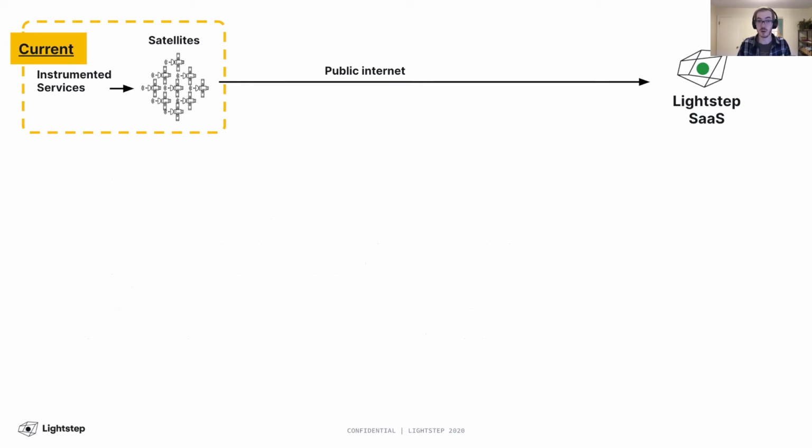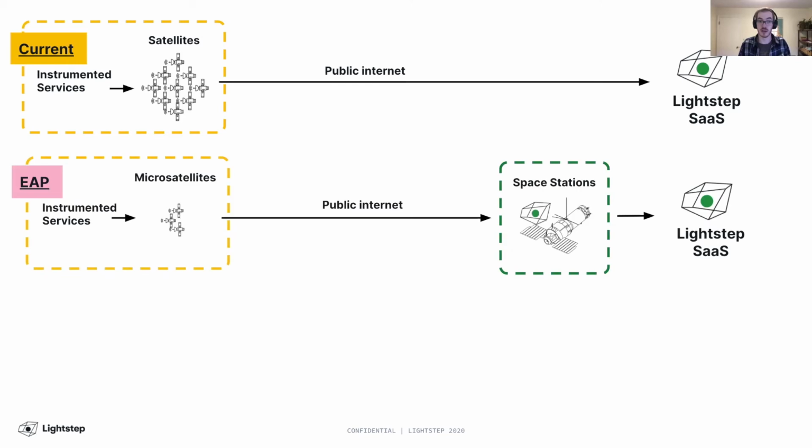Let's take a look at the new architecture model and how it will change from the satellite to microsatellite model. In our EAP, customers will still instrument their services, but will instead send the data to a microsatellite. These microsatellites are much smaller and do not process the data in the same way that satellites do. The microsatellites will then send that data across the public internet to space stations to process the data before sending